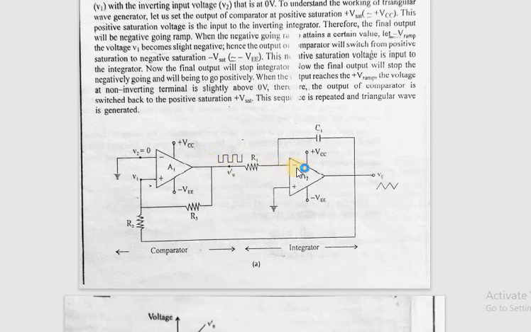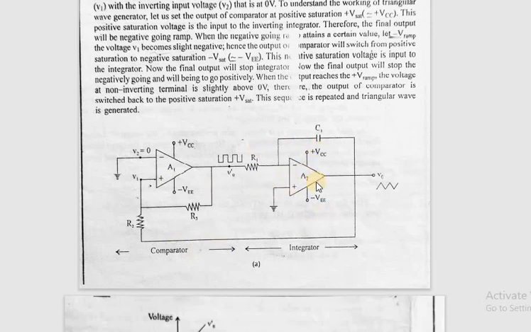So because of the inverting input, the wave that is obtained at the output of the triangular wave generator will be positive going. So it keeps on becoming positive going, and hence the voltage that was fed to the non-inverting end also starts becoming positive. So it is initially negative, it keeps on increasing slowly, till it becomes 0, and till it becomes slightly higher than 0, that is more positive. As it becomes slightly more positive, again the state changes and the cycle continues. So this was the basic principle.